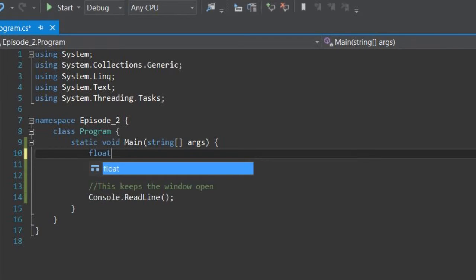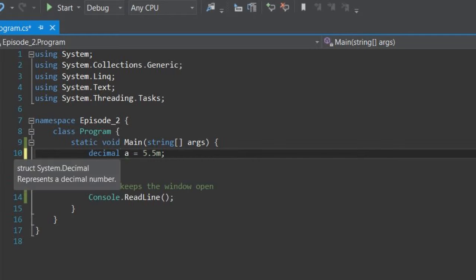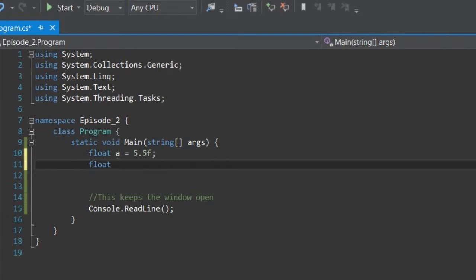Okay, let's do float. Float a equals 5.5. This would be wrong because you need the suffix of f to make it work. If you're doing a double, you need the suffix of d, and if you're doing decimal, then you need a suffix of m. But for float, we're going to use f. Okay, so a equals that, float b equals 4,